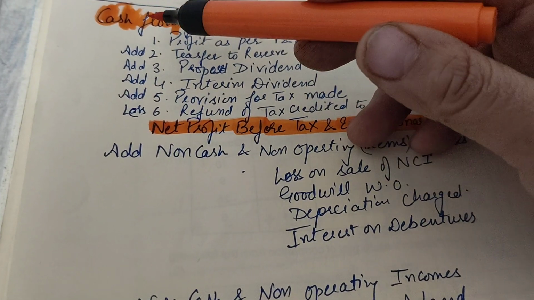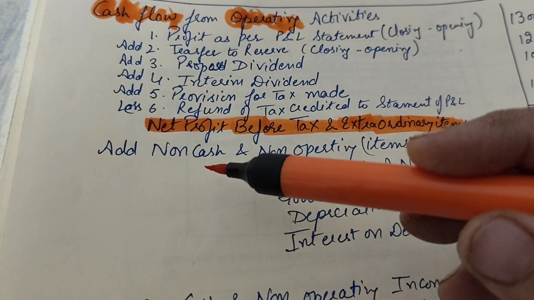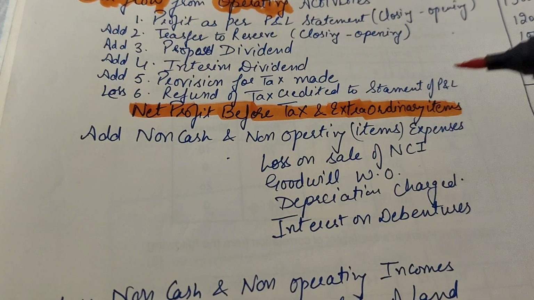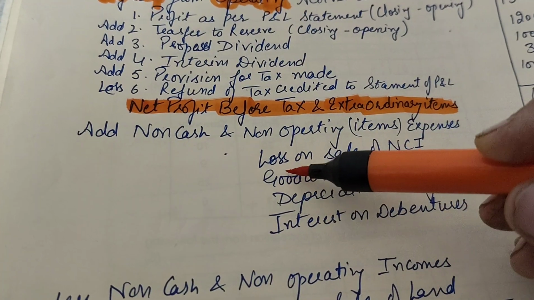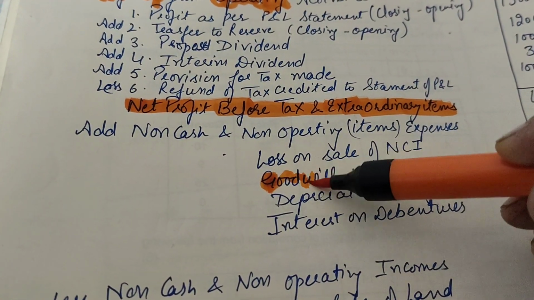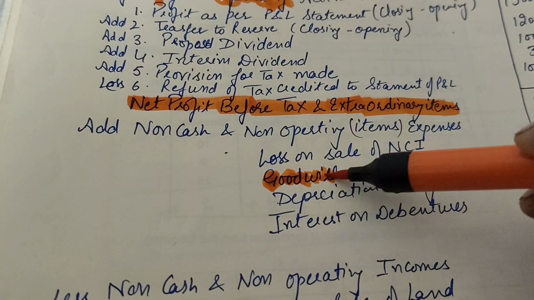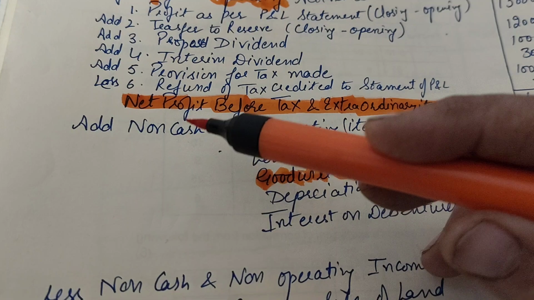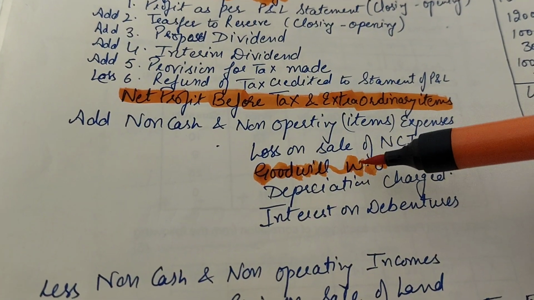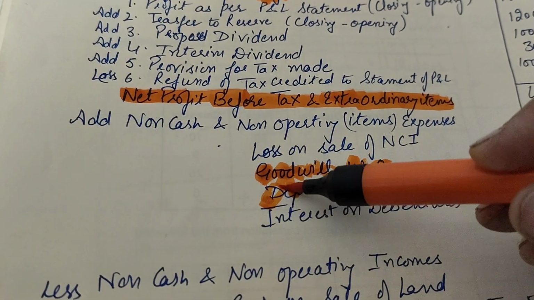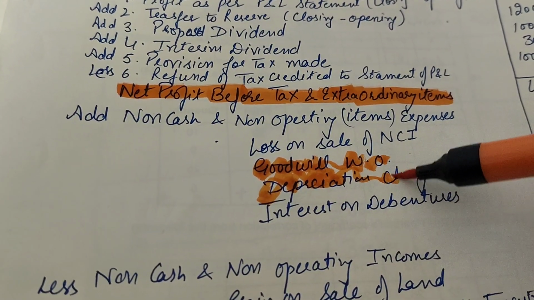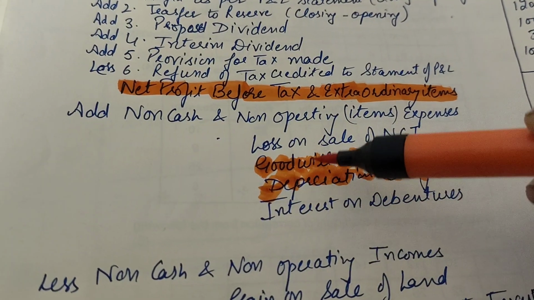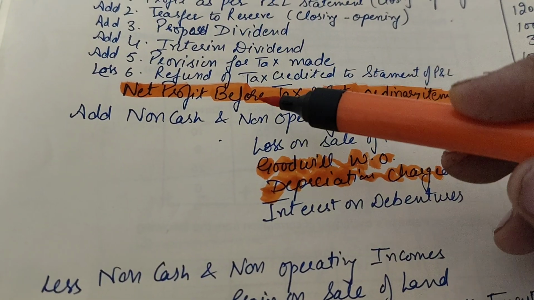That's why any activity which involves a non-cash expense, where we are not making any payment to somebody else, is added. The best example is goodwill written off. Goodwill which we have already paid for, we are now writing off from the books. That is a non-cash expense which we are not paying to somebody but just writing off. Same as depreciation: we are not making the payment of depreciation to somebody, rather it is a non-cash expense. So that's why we have to add these to your net profit.